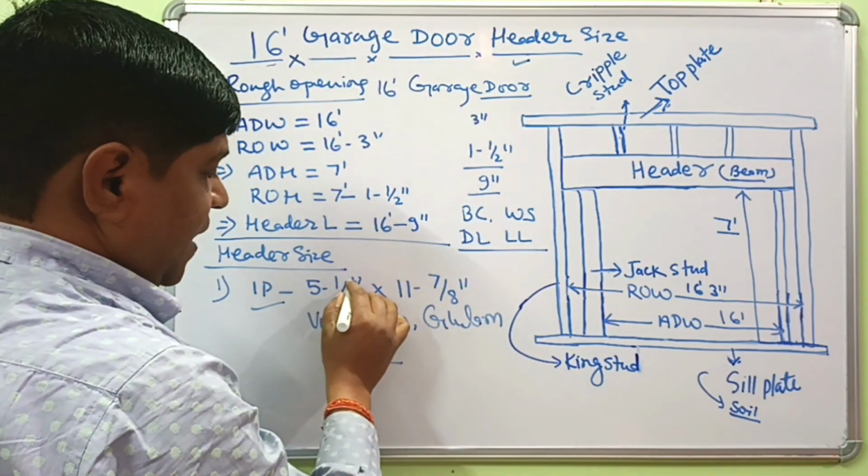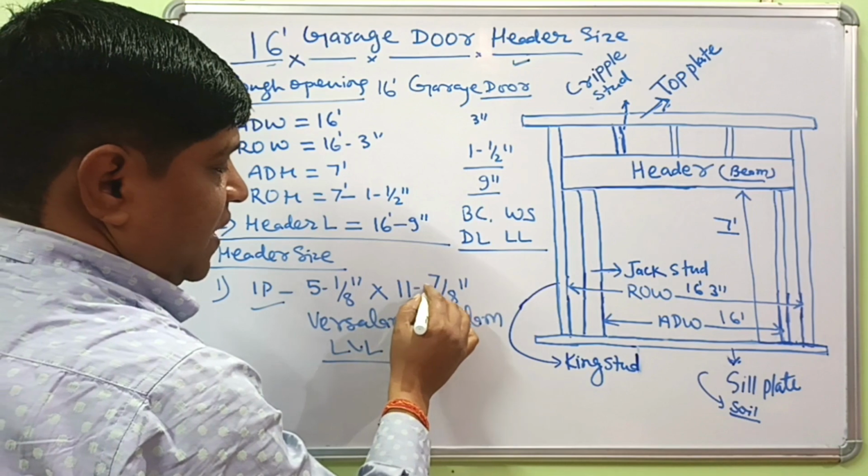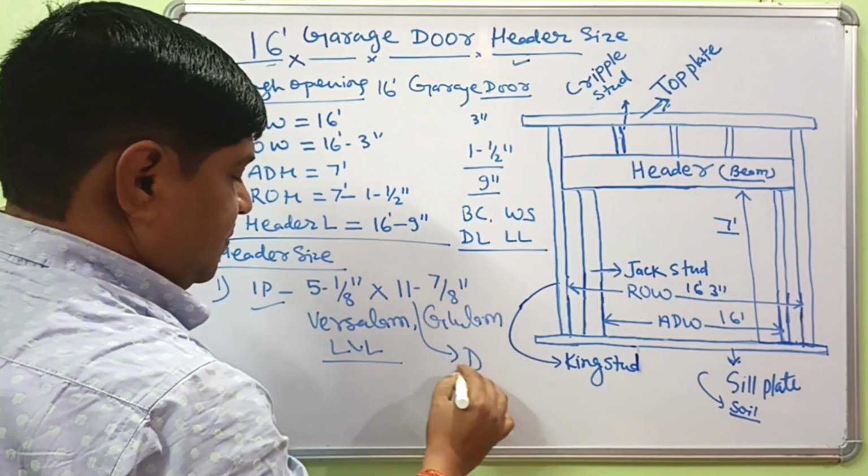5 and 1/4 inches multiplied by 11 and 7/8 inches. This is the depth and this is